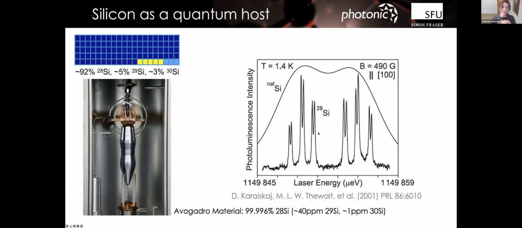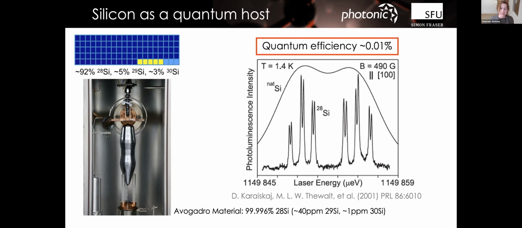So if you're going to have a homogeneous system, right, you're going to scale this thing up and have them as homogeneous as possible. It's really promising to work with silicon, and especially silicon-28. Now, the challenge with phosphorus was that as a great spin, right, really long lifetimes, it emits light in the near infrared, not telecom, but near infrared, and the quantum efficiency of this thing just wasn't up to it.